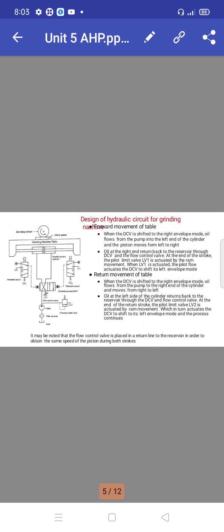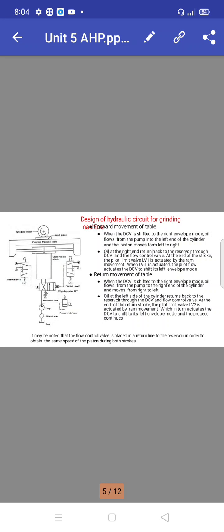When the directional control valve is shifted to the right envelope mode, oil flows from the pump into the left end of the cylinder and the piston moves from left to right. The oil at the right end returns back to the reservoir through the directional control valve and the flow control valve.